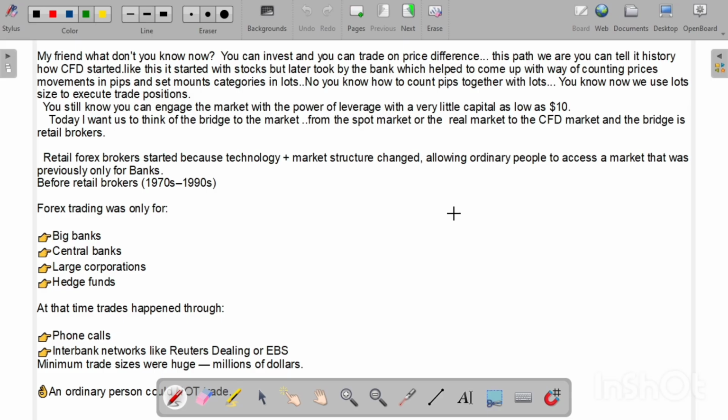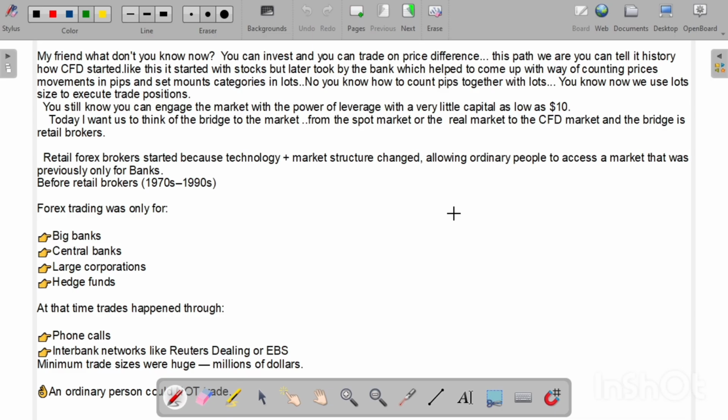Then the game changed when it came to banks, because the banks used the same model after the Bretton Woods collapse, now the currencies could move freely or float freely. The banks in those industries had to come up with a way of counting movement, and they could set the amount of money that could be traded within themselves. As we remember, this system wasn't for us as retail traders, and the banks used only